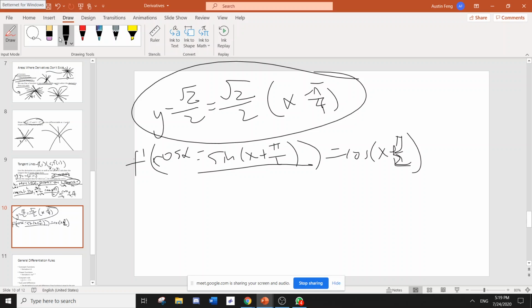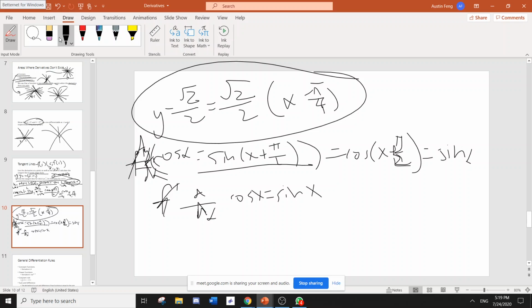So we get cosine of x plus pi over 2, and cosine of x plus pi over 2 is equal to sine x. Actually, don't write f prime, it's d dx, my bad. So d dx of cosine x